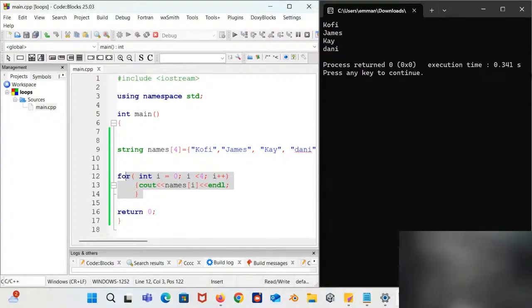Okay, I'm seeing what loop type is best suited. We mostly like to use for loops for arrays. Why? Because we know the number of times that we want our iteration to happen. Anytime you are declaring an array, you know the number of elements you are giving to it. Since you know the number of elements, you basically know the number of times you want whatever execution to happen. So how do you do that? You just bring in the for loop, because we mostly like to use the for loop when we know the number of times we want an iteration to happen.